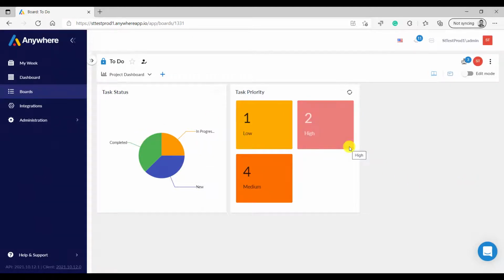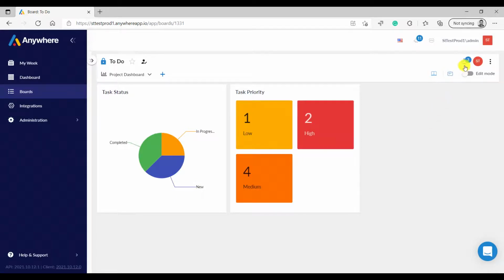Here are the two widgets that come predefined, but again, you can go ahead and create new widgets by clicking on this button. These widgets are related to this project, so they help you track the overall progress of this particular project. Again, totally configurable. These are the same widgets that you can also put on the dashboard from across different projects to have a holistic eagle-eye view of what is happening within your organization.